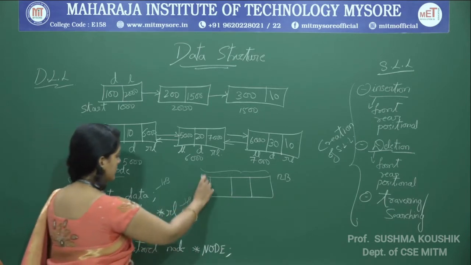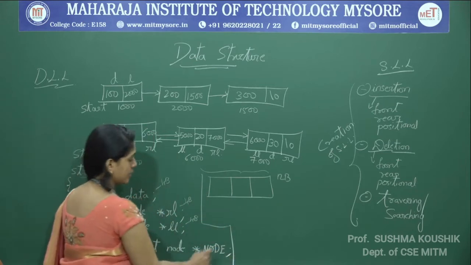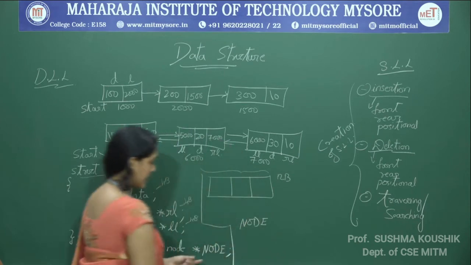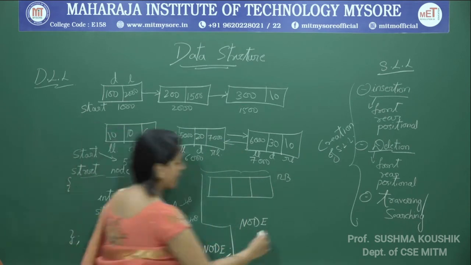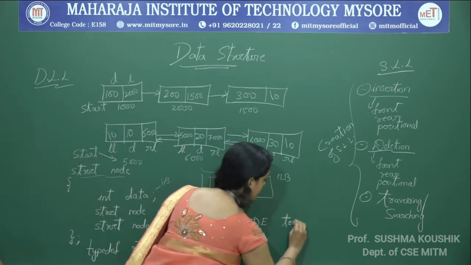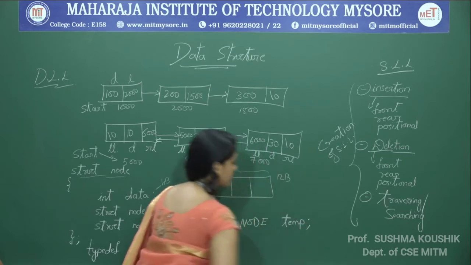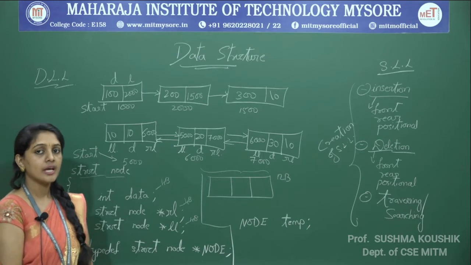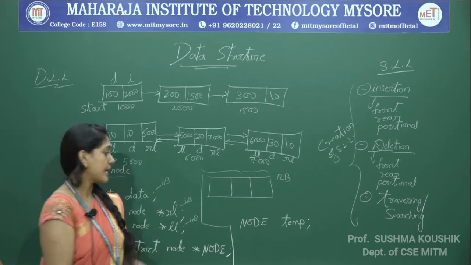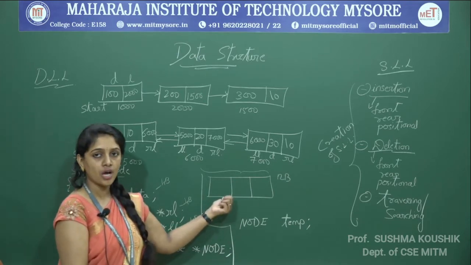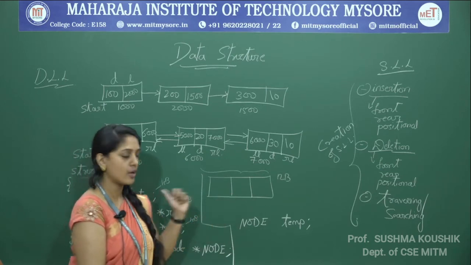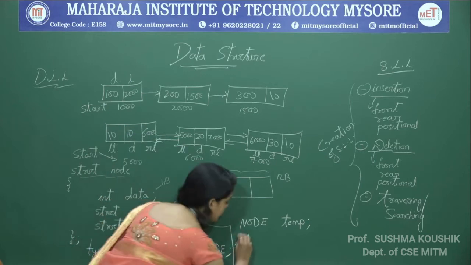So, on these lines, if I write node and then create any pointer like temp. Okay, so for this temp, we are supposed to create a memory. Now, how to create a memory? Dynamically, I can create this block at the point when I use either malloc or calloc. So, how do I create? temp is equal to